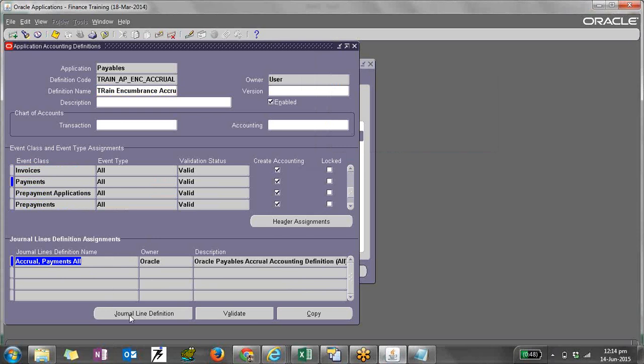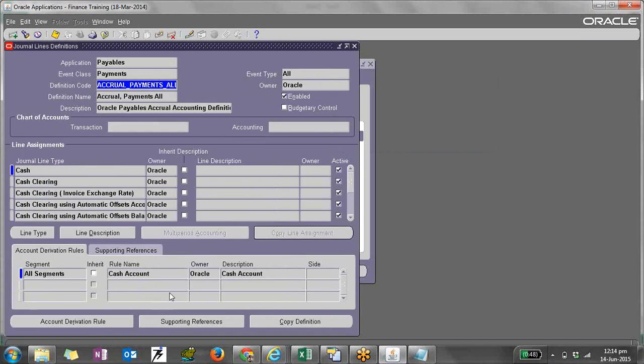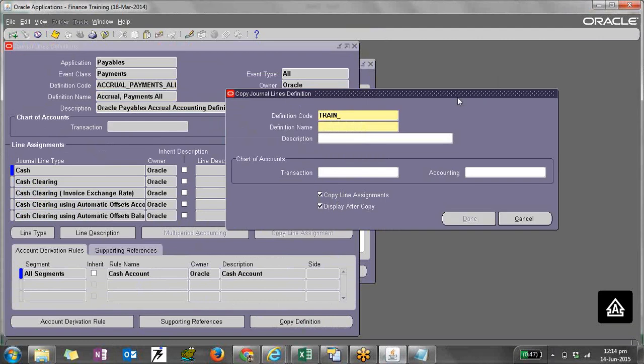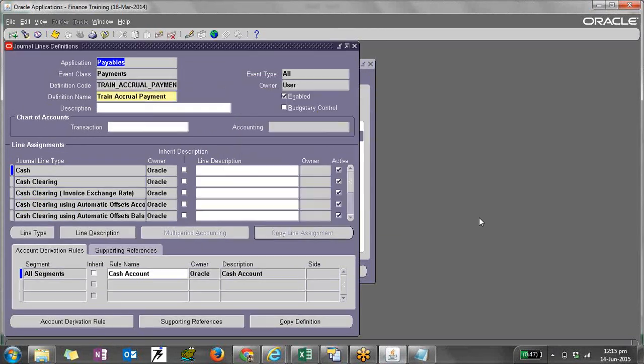This is the line definition. First, go into the line definition. If I copy now, it will copy this application accounting definition. So first, open this journal line definition. Now copy. Here, what's the name? Accrual payments and PRN accrual payment. This is again generic. Say done. Go and line type is